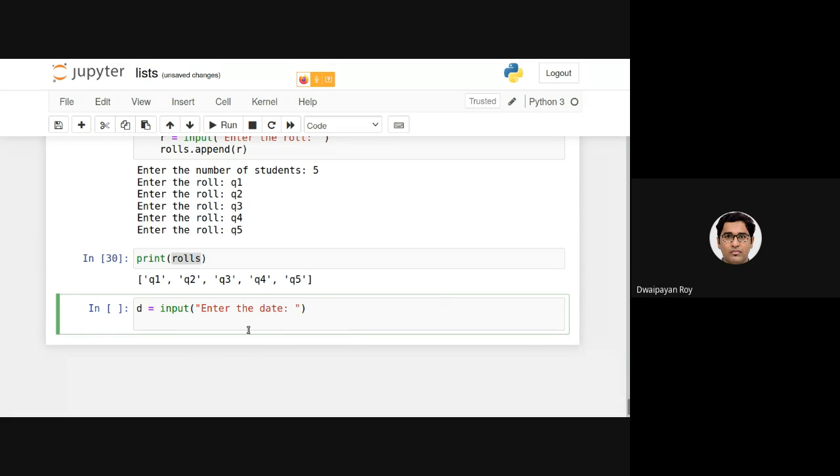So we will be taking some date, and of course we can specify some mechanism or way of giving the input, like dd mm yy or any other. We can specify that as well. Let's just specify this.